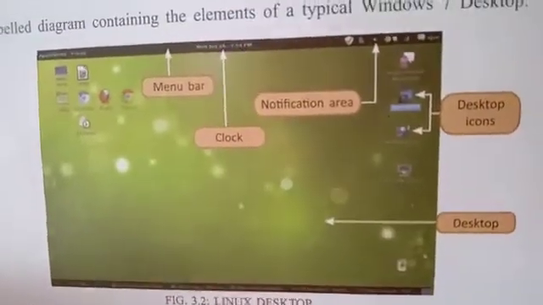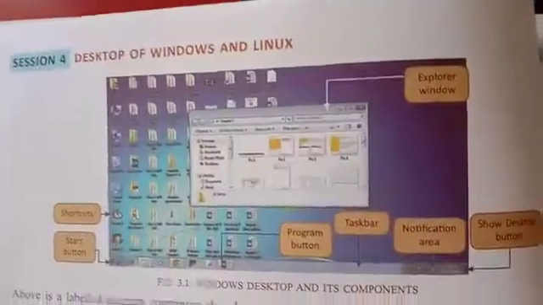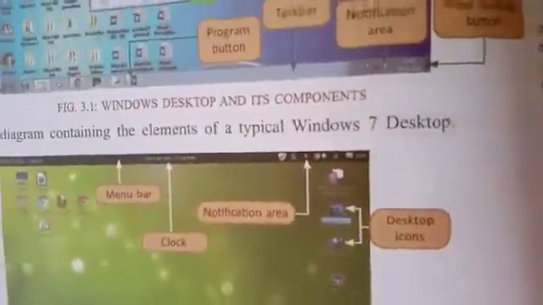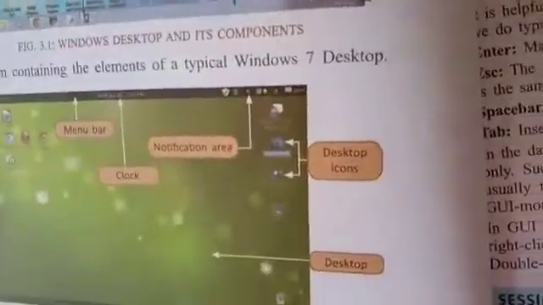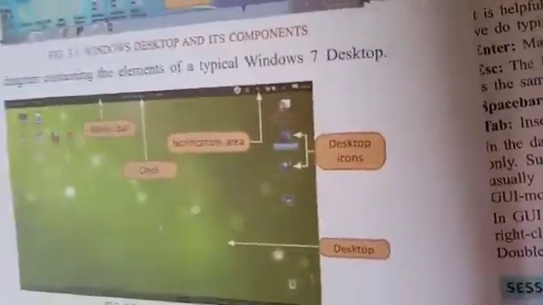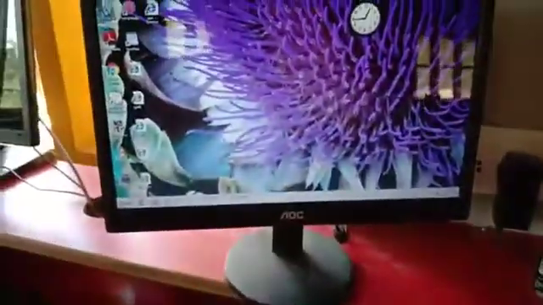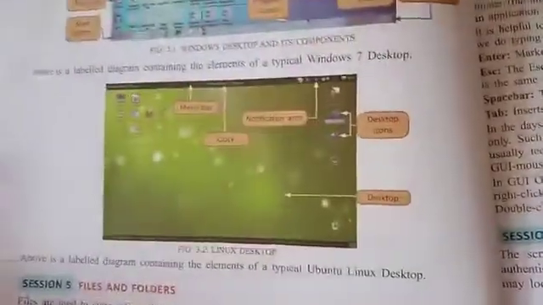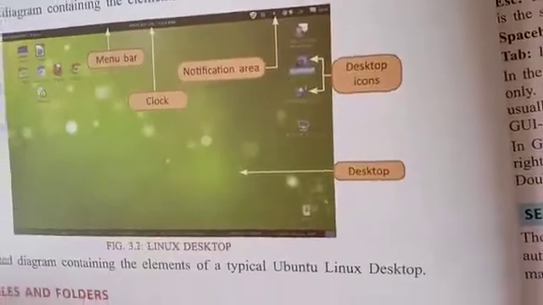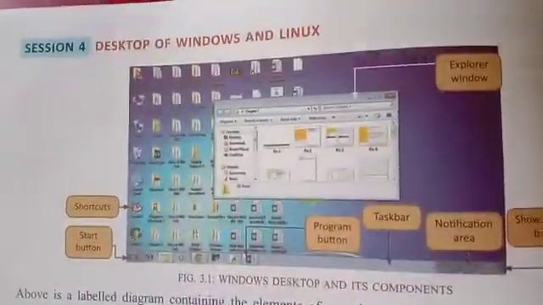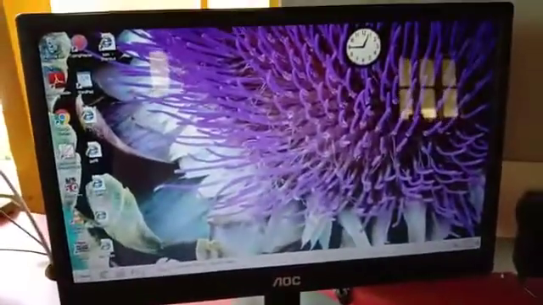On the Windows screen the notification area is downside, and on the Linux operating system the notification area is on the upper side. This gives us notifications. Next, desktop icons. Desktop icons are on the left side in Windows and on the right side in Linux. Next one is the desktop. This screen is called desktop and this screen is also called desktop.